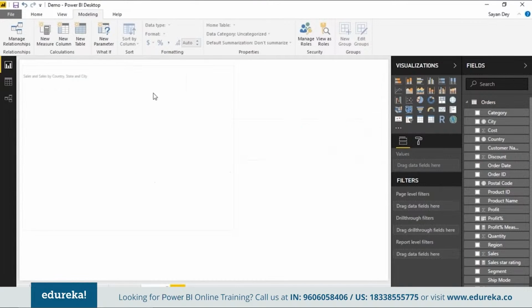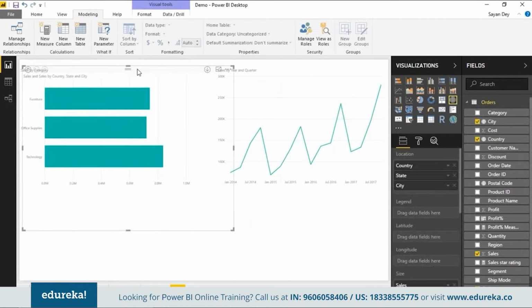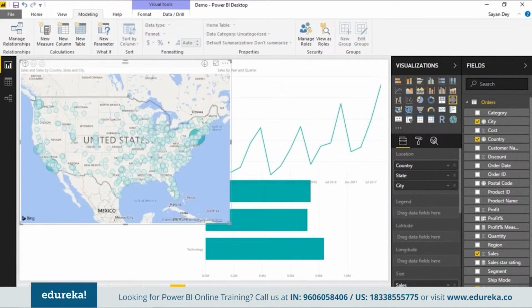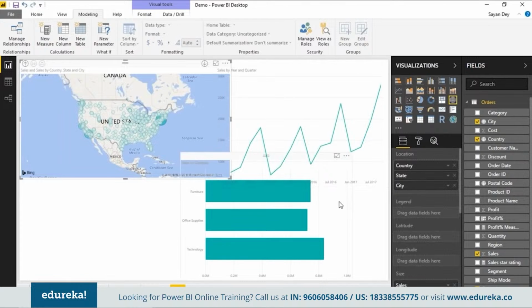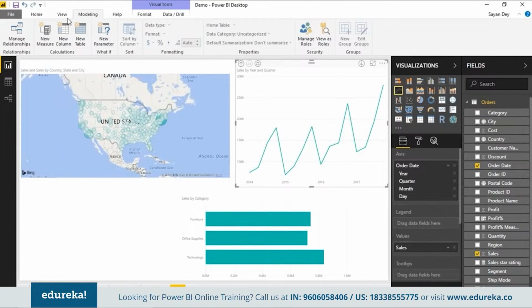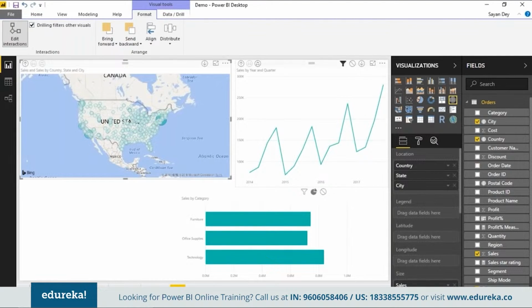Okay, so I'm going to take that map, I'm going to copy paste it across here. Okay, so now I have three different visuals on the same page, and I'm going to try to set up an interactivity between each one of them. Just going to try to align them a bit. And the way to do that is using edit interactions. Okay, go to format, go to edit interactions, and that's how you turn on the interactions panel. And as you can see, when I click on the map, how are the others interacting? You can see very clearly the line is being filtered, whereas the bar is being highlighted.